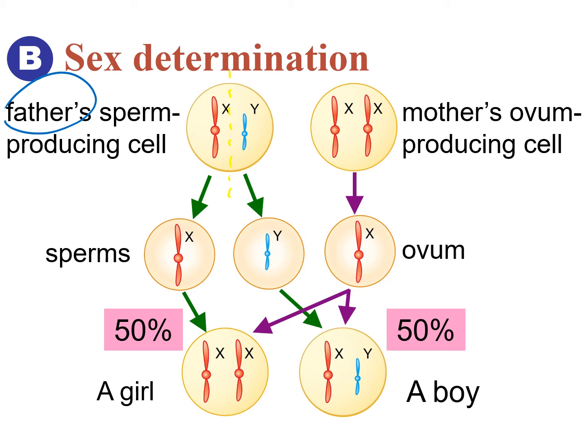For men who have one X chromosome and one Y chromosome, during meiosis to produce sperm, a sperm can either carry an X chromosome or a Y chromosome. But for the mother, who is a female with both XX chromosomes, after splitting in the meiotic cell division, she can only produce one type of sex gamete, the ovum, with only the X chromosome. And after fertilization, the chance of forming a boy, with XY chromosomes together, or a girl, with XX chromosomes together, is 50-50. That's how gender is determined by the X and Y chromosomes. Every time, the chance of forming a boy or a girl is